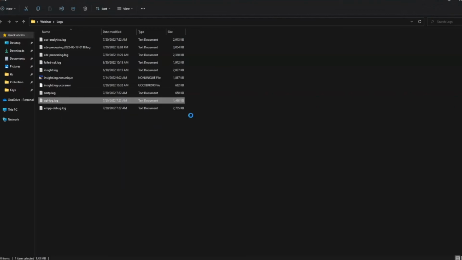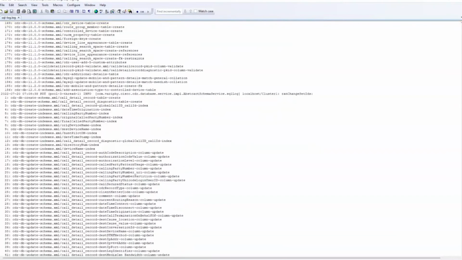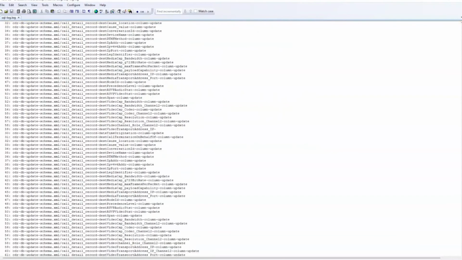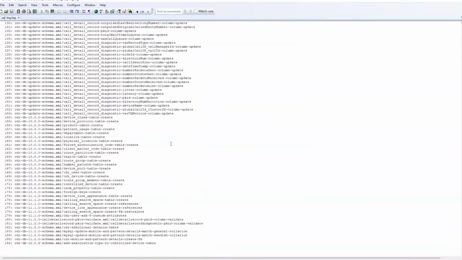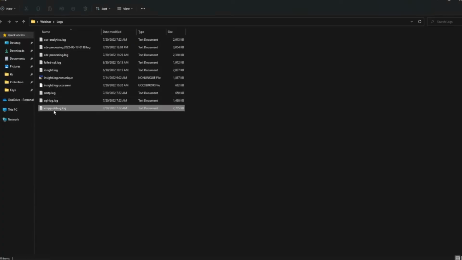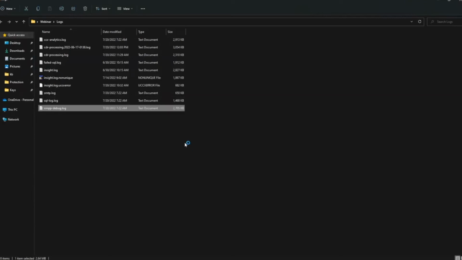SQL log, this will log everything. So not just the errors, but you'll see a lot of what's going on the SQL side of things, what's being queried, statements, a little bit of that. This is more on the upgrade side. But SQL stuff going on in the back end, what's going on in the database, and then with Finesse, if we're troubleshooting that real-time agent widget, you can see what's going on between us and Finesse.